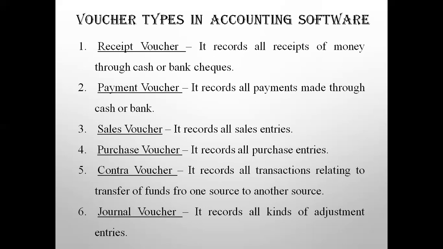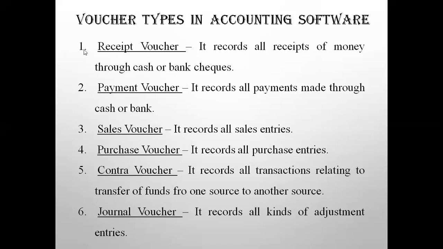Money received from debtors against sales is also recorded in this type of voucher. When you sell on one date, sales are on credit, no direct sales, and next time you receive money from debtors, cash account debit to debtor account. In those types of transactions, cash is always on the debit side, or if you receive a check, the name of the bank is always on the debit side. Those transactions are entered in the receipt voucher.